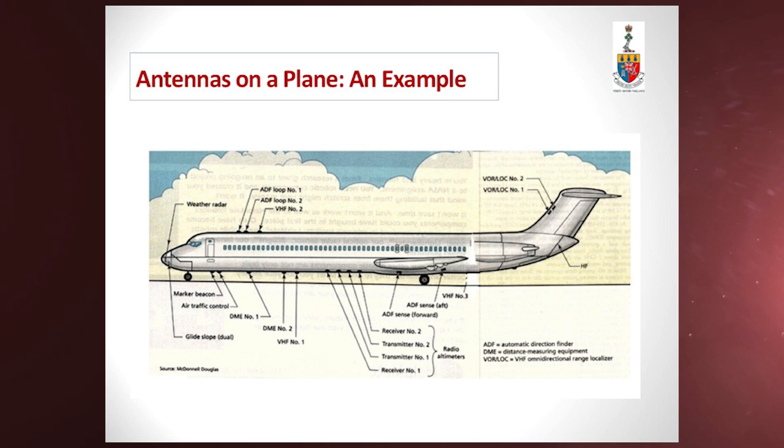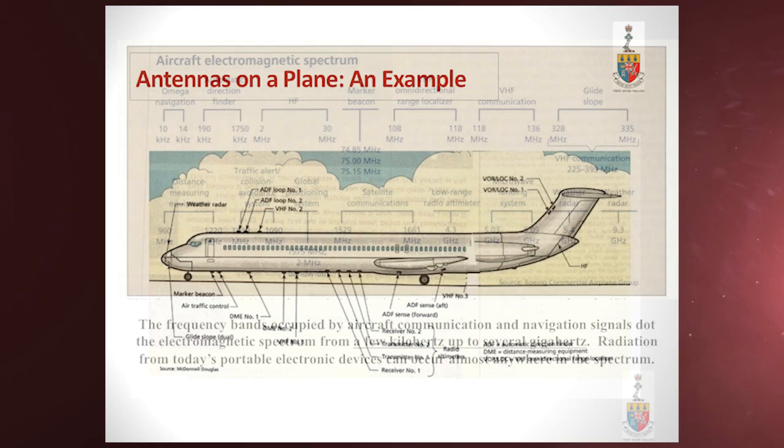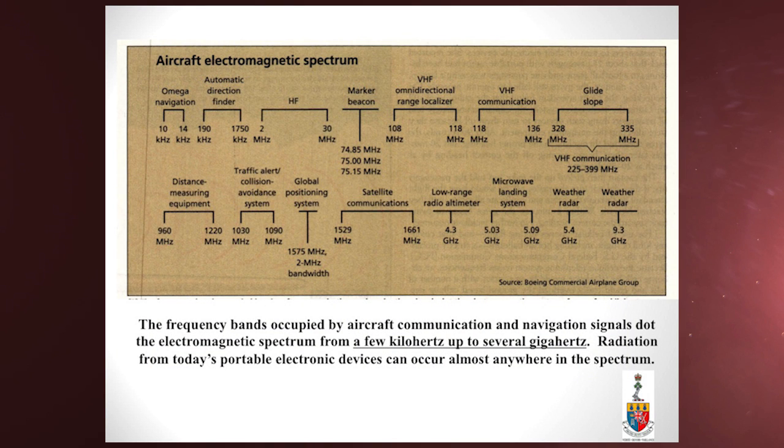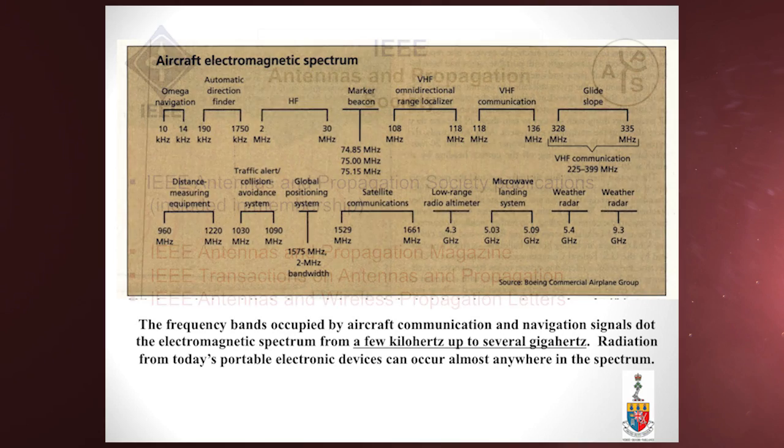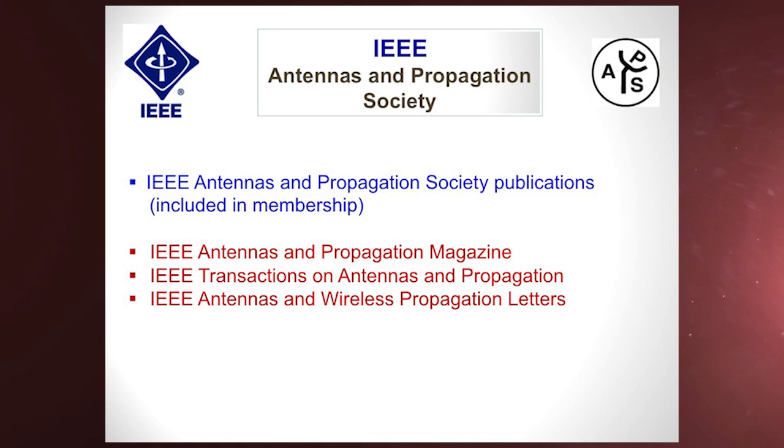You see how many antennas could be there. If you look at a plane, nobody realized this, but this is an old plane, a 20 year old plane, and you can see the number of antennas on there. And those antennas cover a frequency range from kilohertz to gigahertz. All of these antennas coexist on the same body. So it is really important that we know how they interact together and so on. So it basically goes back to the one antenna. Do I know what's happening with the one antenna?